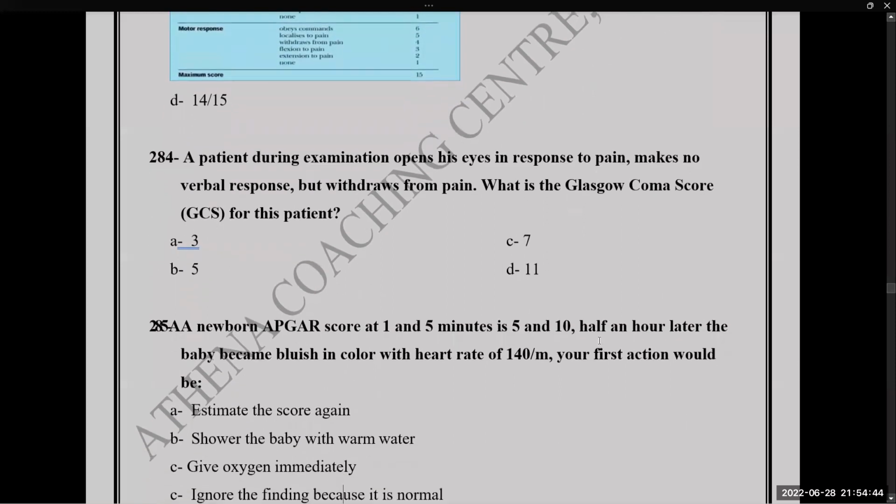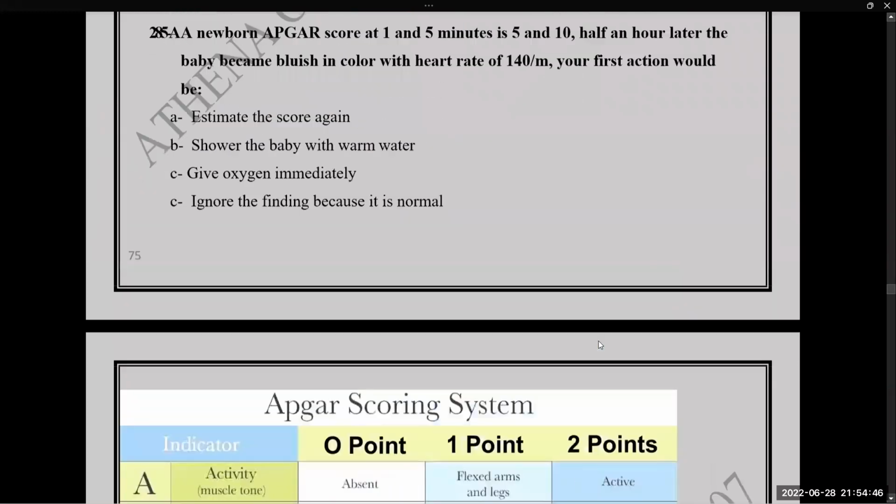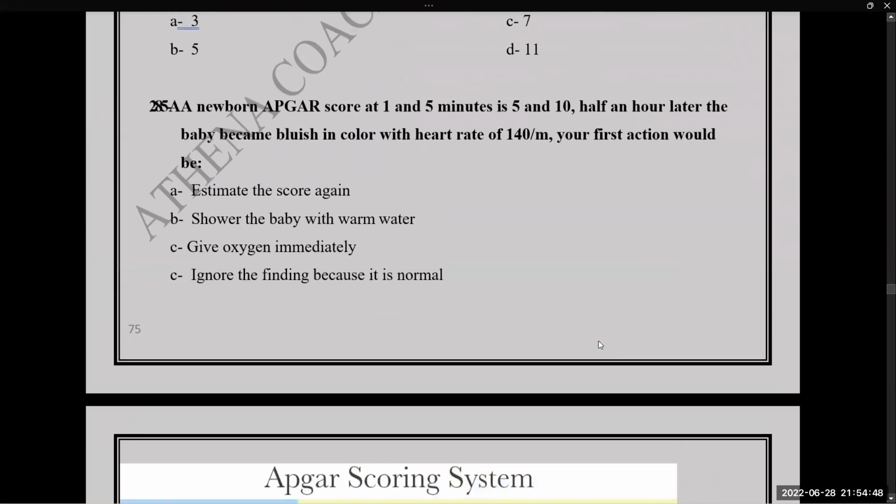Next. A newborn Apgar score at 1 and 5 minutes is 5 and 10. That means at 1 minute it was 5 and now after 5 minutes it is 10. Half an hour later the baby becomes bluish in color with heart rate 140. Your first action is